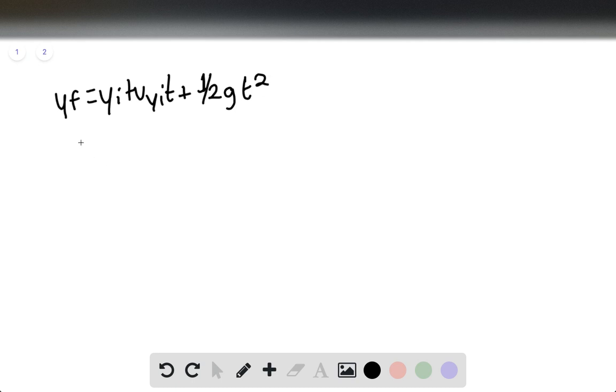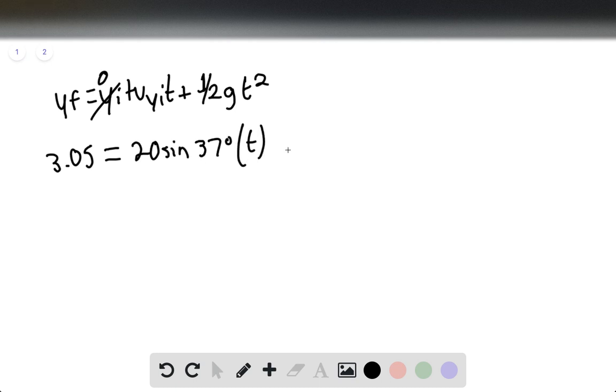Now, we know that, again, y initial is going to be 0, so we can say y final equaling the height of the goalpost. This would be 20 sine of 37 degrees times time, and then minus 4.9 t squared. This is a quadratic equation, as you can see, so you can simply use your solve function on a TI-84, TI-85, TI-89 in order to solve for t, and t is going to equal